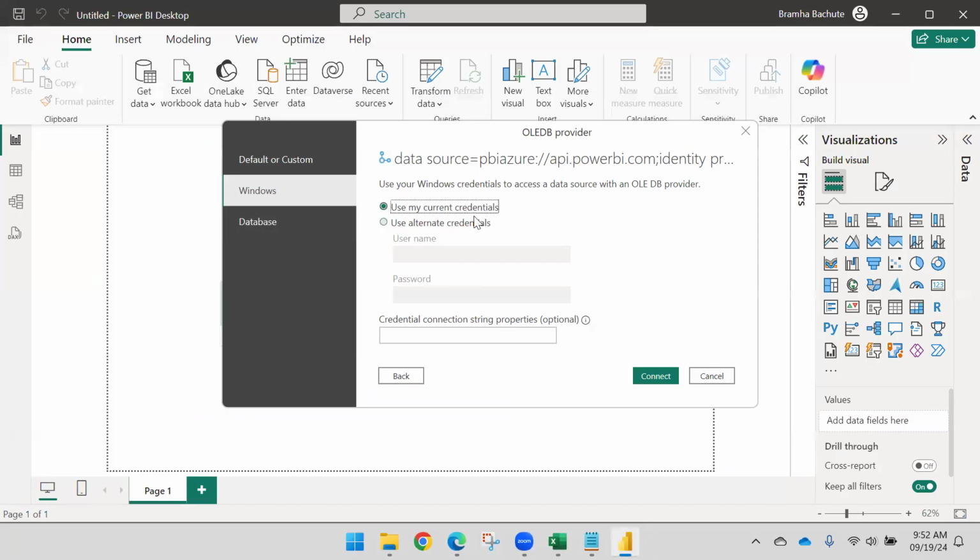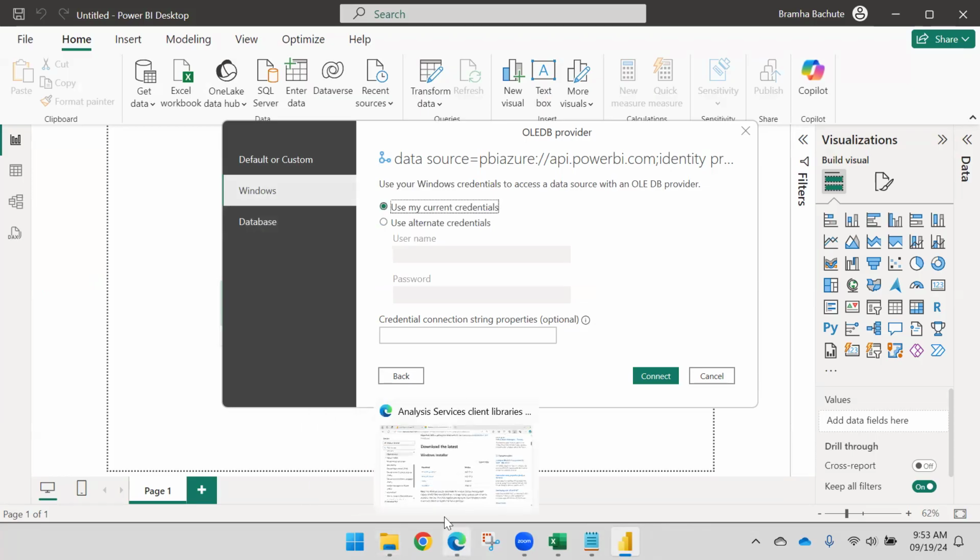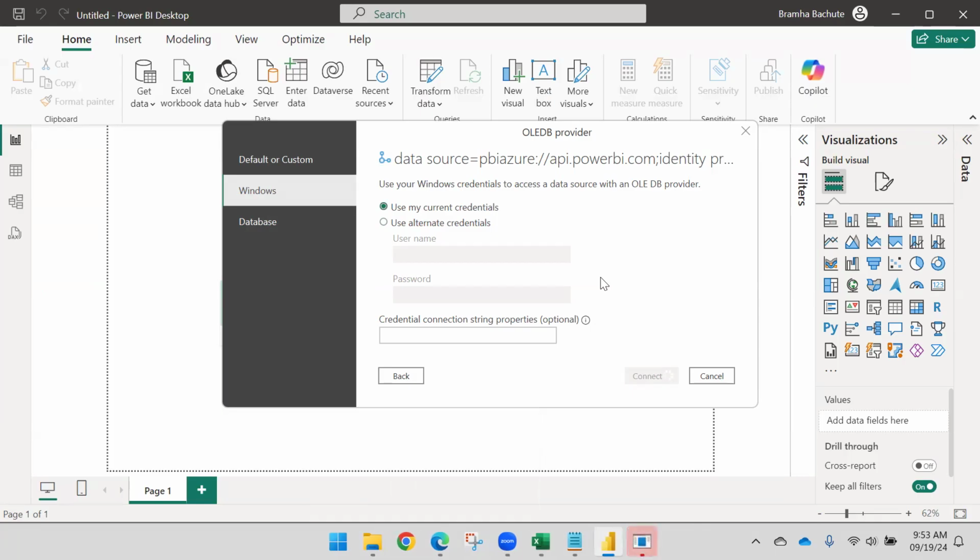In your case, your Windows may be connected with the Microsoft account, so you can directly use this one. If you want to enter alternate credentials, you can use this one. But database credentials you cannot have, because it is already on the service. So you can use the Windows credentials option, and then use my current credentials. I will say connect. Now this will go and make the connection with that table, and we will see all the data,